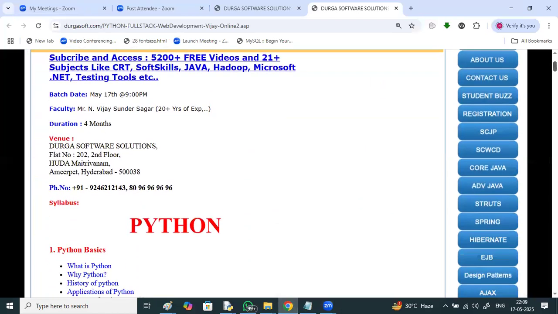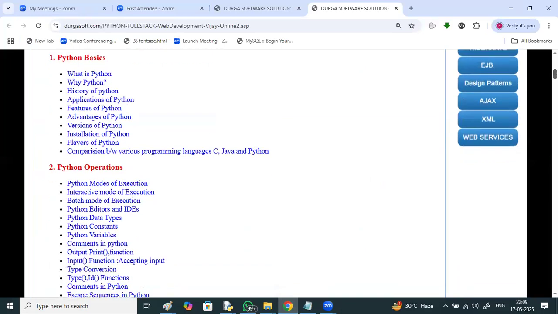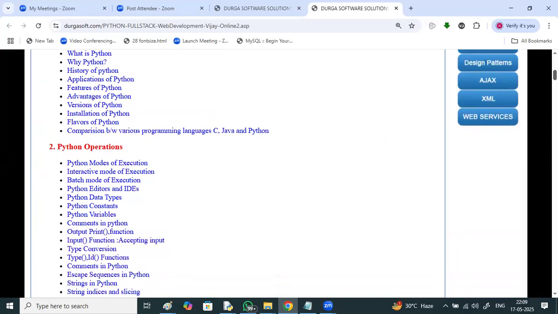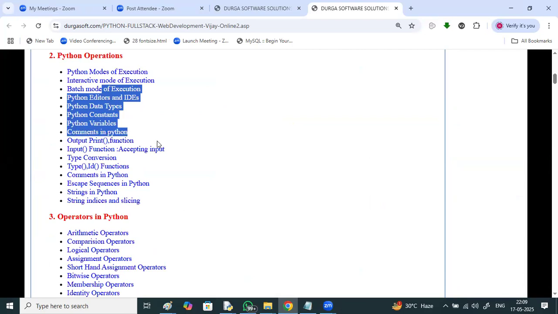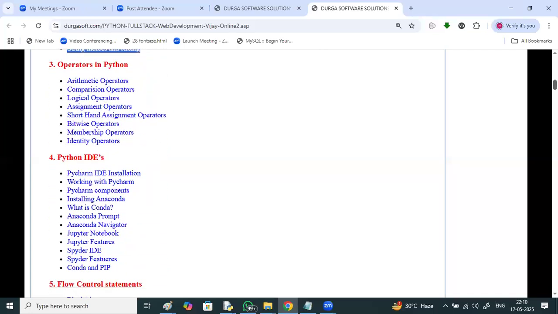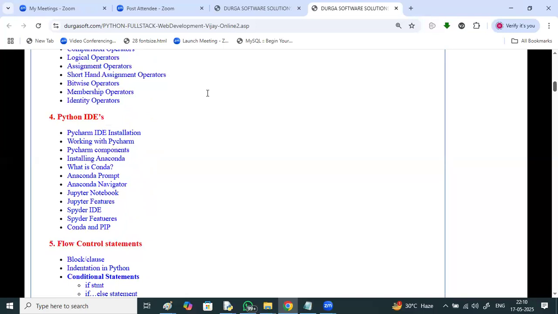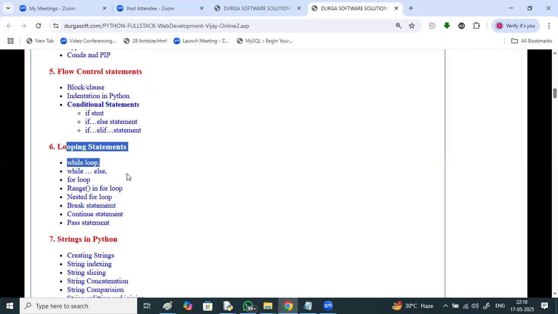What I'm going to discuss as part of this: Python basics, history, applications, features, advantages, versions, installations, flavors, Python modes, editors and IDEs, data types, constants, variables, comments, input-output statements, escape sequences, operators in Python, different types of operators, different types of IDEs, working with PyCharm, Jupyter, Spyder, Eclipse, Anaconda Prompt and Navigator, flow control statements, looping statements,